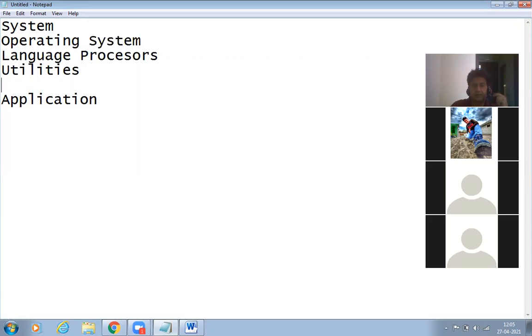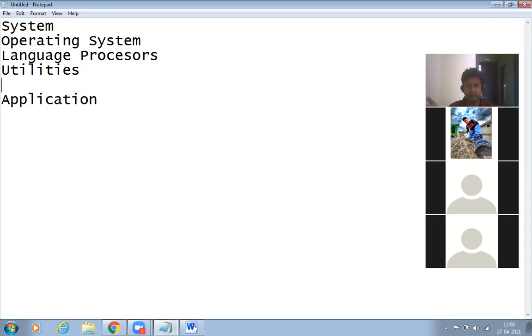System software, we know, is essential for your computer system. First is the operating system. An operating system is a program which acts as an interface between you and the computer system. Whatever you want to get, you can get with the help of the operating system. You give commands to the operating system and it gets the work done for you. So it is an interface between the computer system and the user.